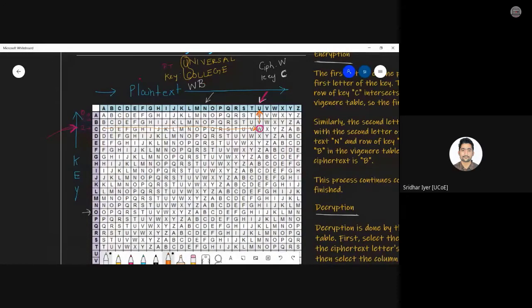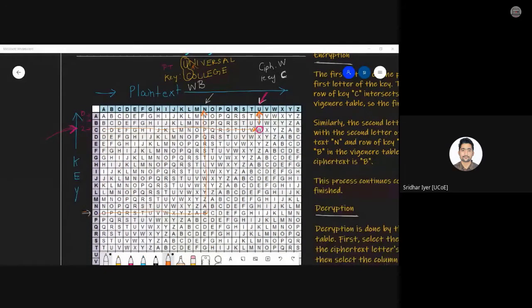Similarly, let's check the next character, that is B. The ciphertext character is B, but the key is O. So in the O row, wherever there is a B, we stop over there and check that column. That column is N. So you will get back N. Am I clear? Is it fine? Got it? Pratik, is it clear? Harsh, yeah, fine. In the same fashion, just complete it and you will get back the answer.